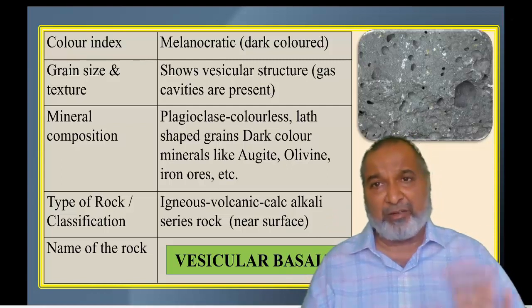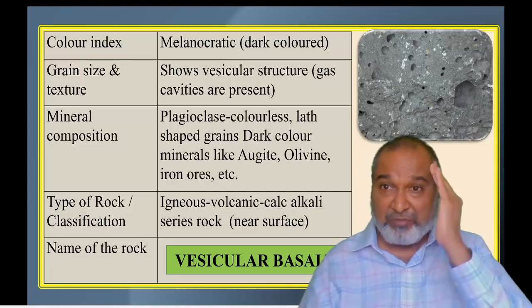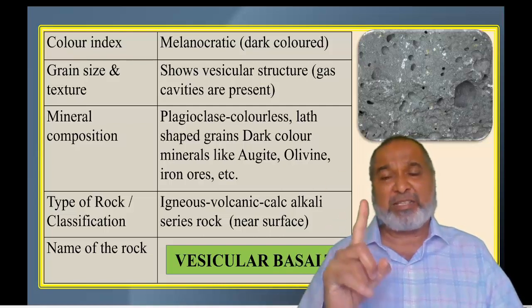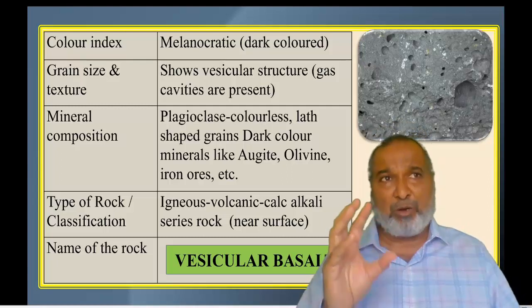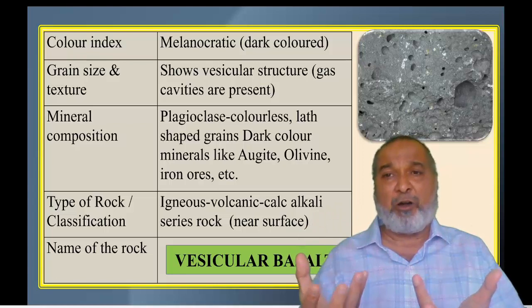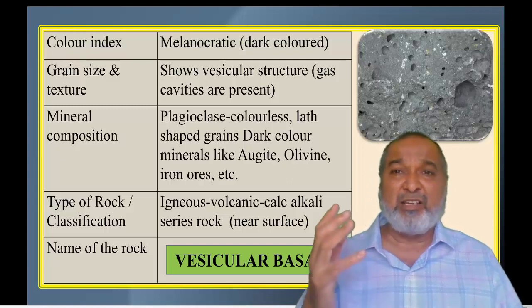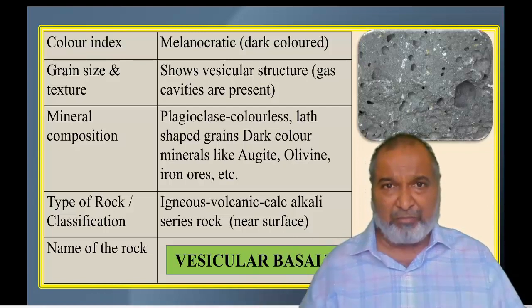70-80% of the gases have evaporated, but some gases are still there, and the upper part has started forming a thin film. It creates a pressure, which is exerted on whatever gases are inside. They are compressed and want to escape, and through bubbles these gases escape. Once the bubble has broken out, whatever size and shape it had is preserved as it is, and this will be formed as vesicles in that rock from the surface. Then this will be called a vesicular structure. These are the cavities from where the gases erupted or evaporated.